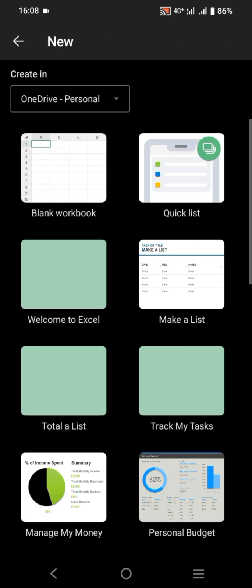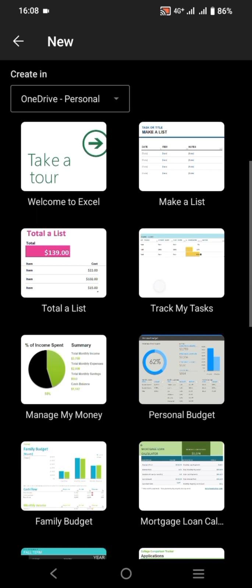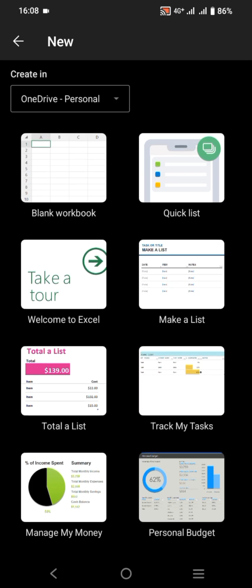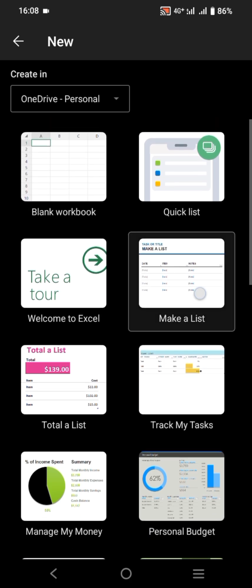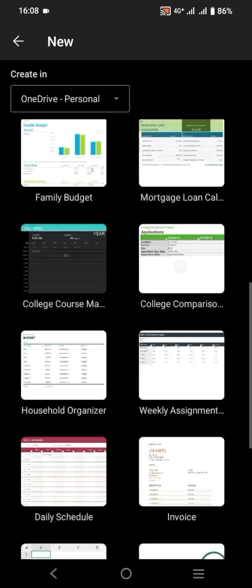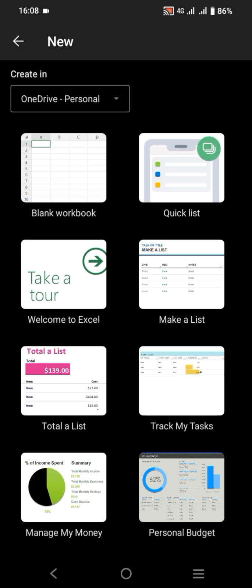And after that, this will be the section to work with Microsoft Excel from your smartphone. I will click plus over here and click this blank workbook. You can also take a tour over here to have a quick list. Welcome to Excel, take a tour, making a list, and many more, guys. Until, let's say, making a video game tracker, you can go to this blank workbook,